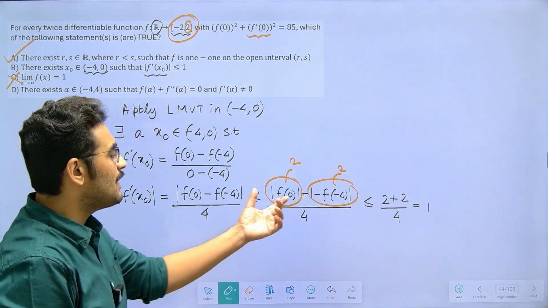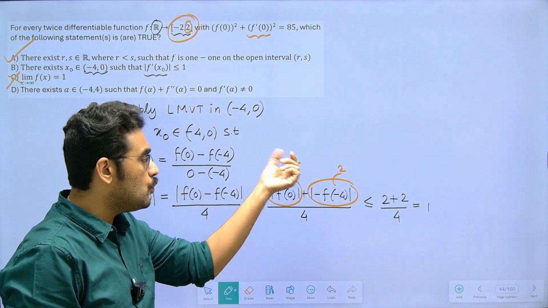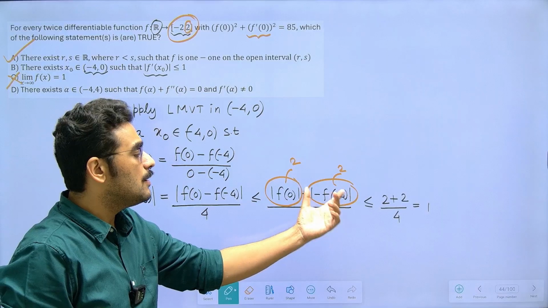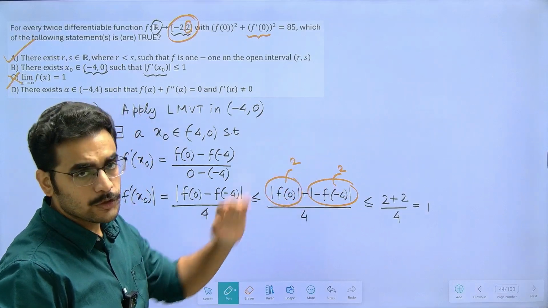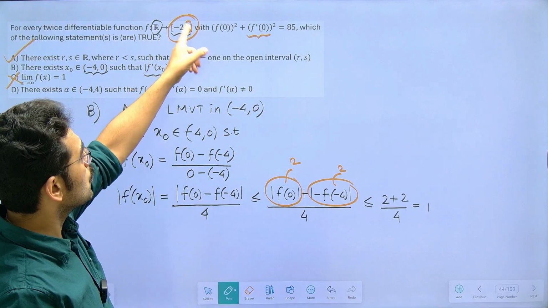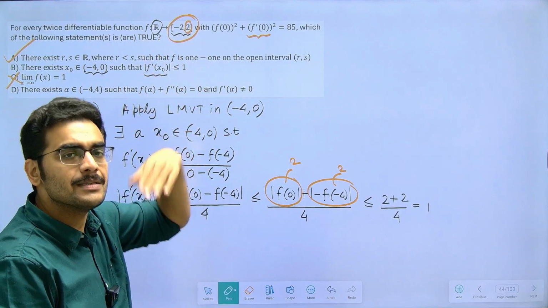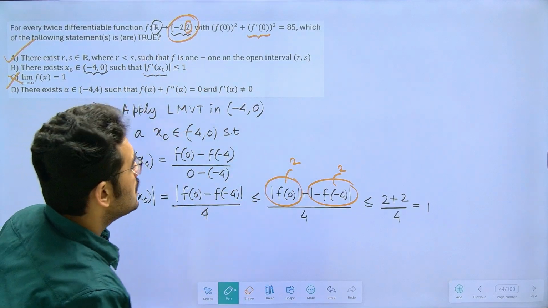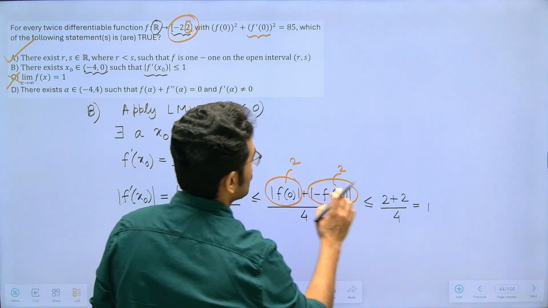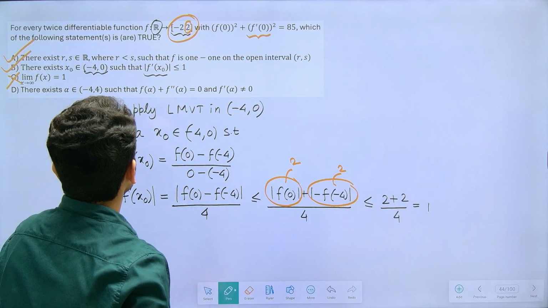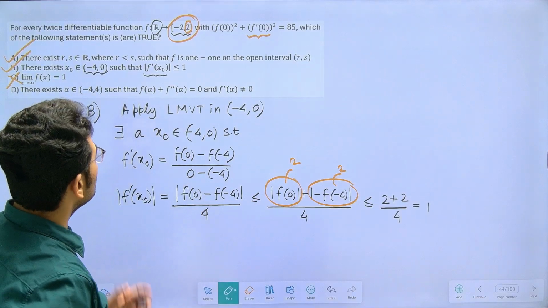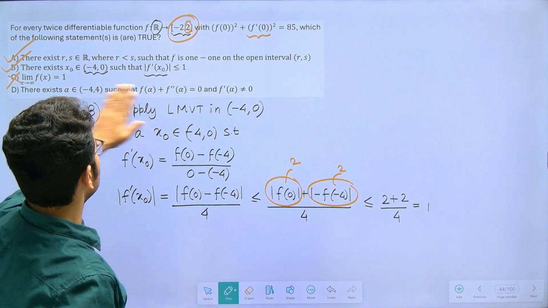Okay. The maximum value of mod f0 will be 2, and mod of minus f of minus 4 is the same as mod f of minus 4, that is also going to be 2, because the codomain is minus 2 to 2 and the range will be a subset of the codomain. So this value is at most 2, this value is at most 2, so this is less than or equal to 1. So option B is correct. Okay. So option B is correct, and similar to option B, you see,